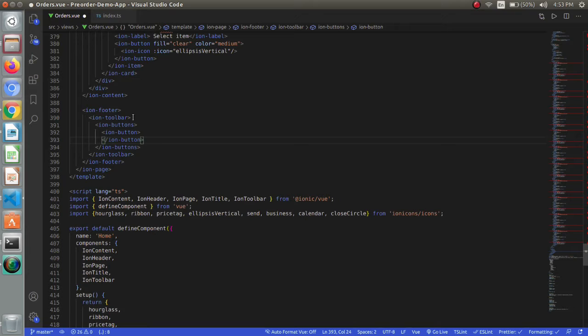As we have seen in the button, we have an icon and a name.